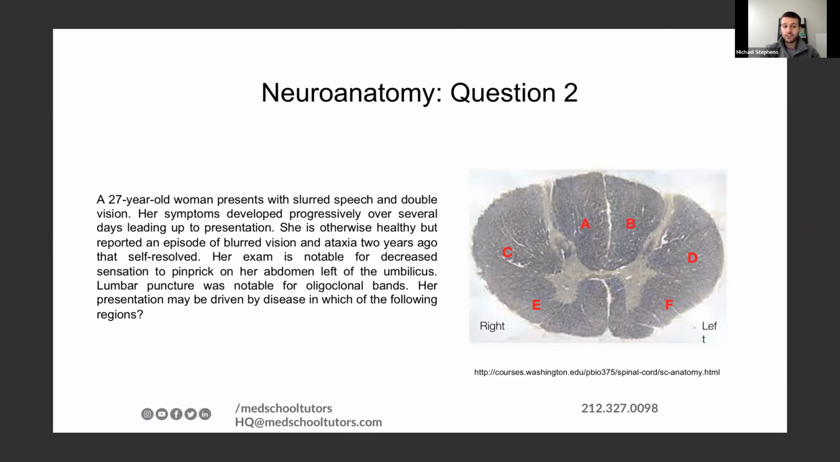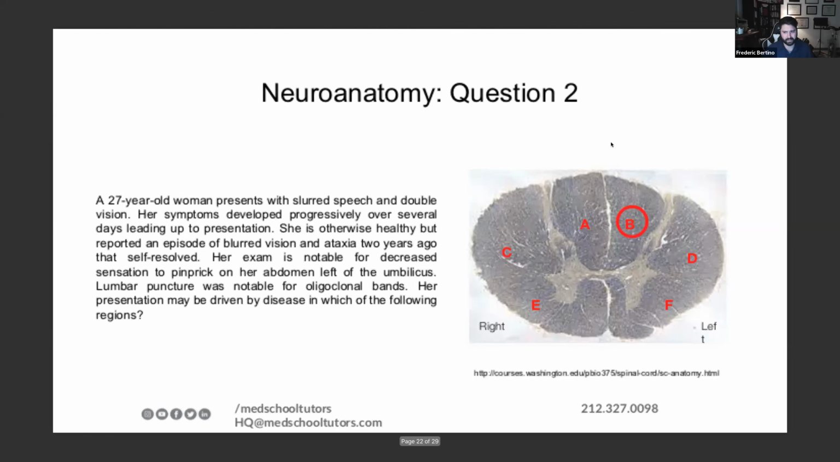So she has decreased sensation of pinprick on the left, and remember, it's going to be on the opposite side because those fibers are on the left, are crossing over and then going up on the right. And so for this reason, then advancing to the next slide, we'll confirm that we're right. There might be a typo here, and I want to